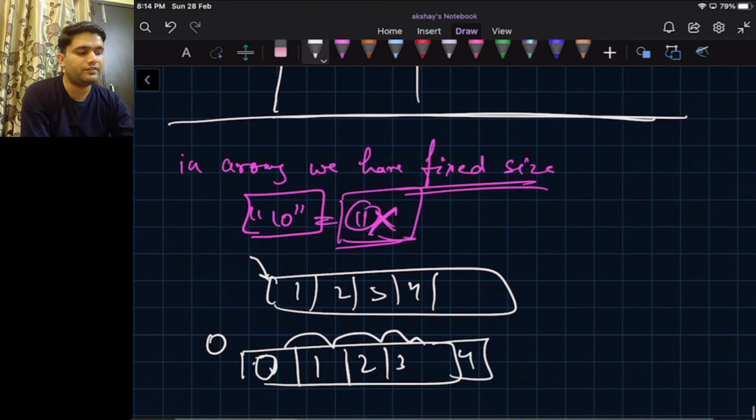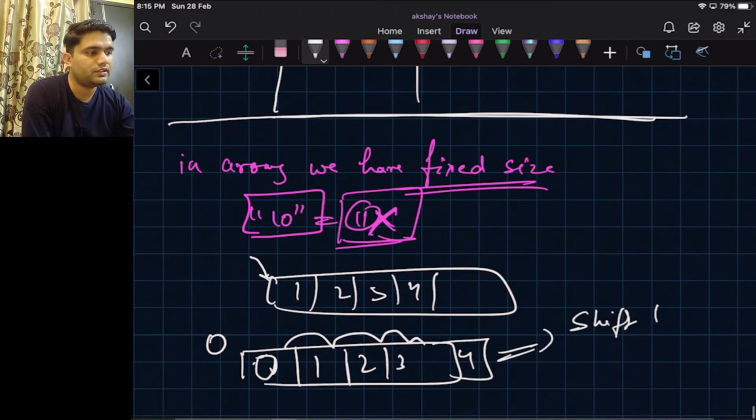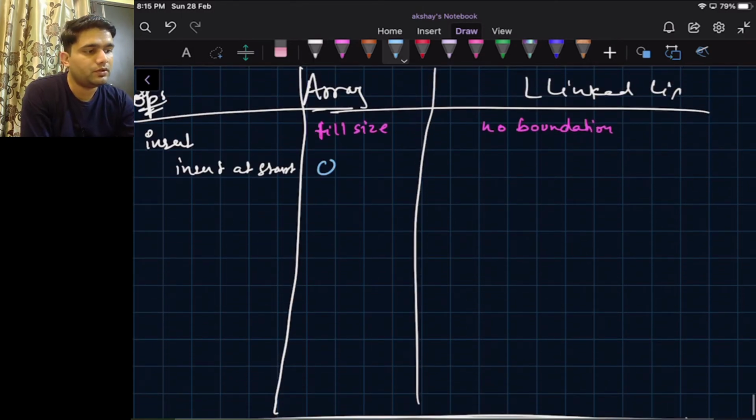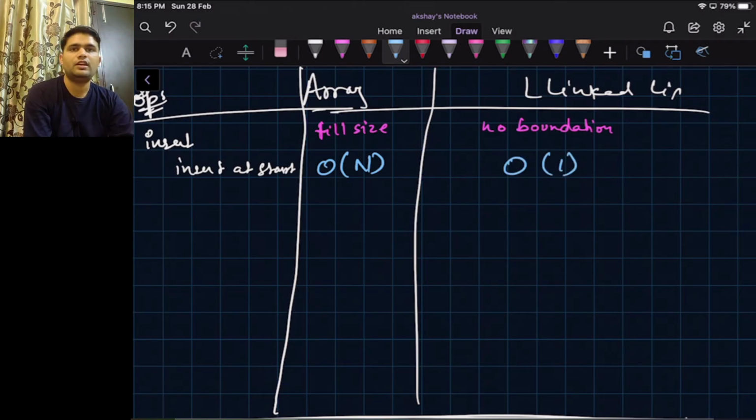So we do shift right and then insert. This shift right operation takes big O of n. But in a linked list we can simply do it in two steps: create a node, make that node point to head, and make head point to that node. So this is how insertion at start works.